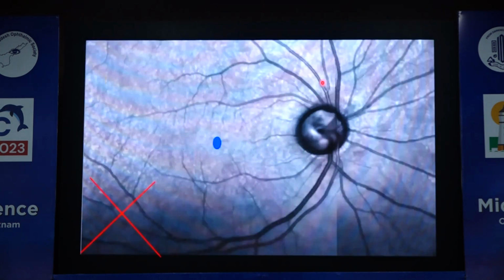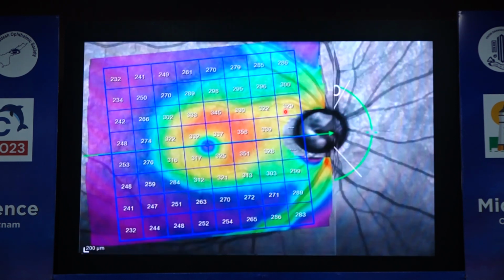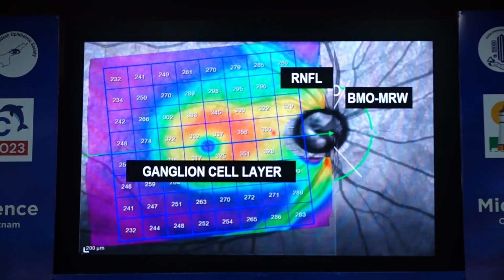So that is another advantage. Every time, first it marks the center of the fovea, then it marks the center of the disc, which is also called the Bruch's membrane opening area. Then the fovea-BMO axis is plotted, and surrounding that you can see the ganglion cell layers and RNFL are blocked. So the main crux point here is, even a 1 to 2 micrometer difference, it will easily